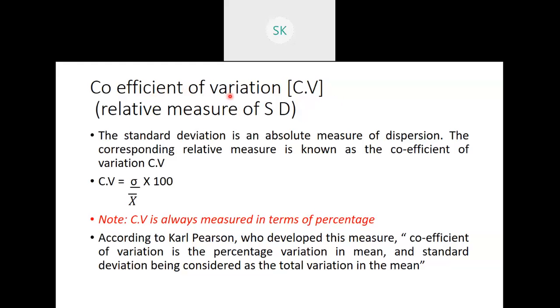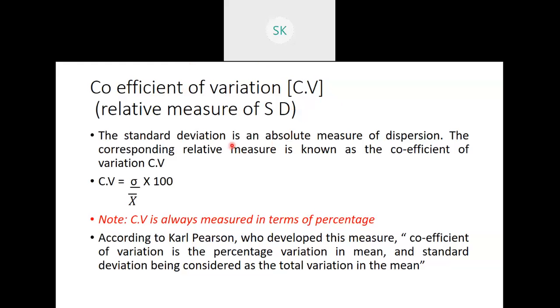Very important part of the chapter which will come for exam for 6 marks and 14 marks. You can expect more 14 marks questions because the major part of dispersion chapter is concentrated on standard deviation, coefficient of variation, and few problems from the other part of deviations, the quartile deviation, mean deviation. You will get problems from that also, but 14 marks, one compulsory question will come from coefficient of variation. Okay, so let's understand what is coefficient of variation.